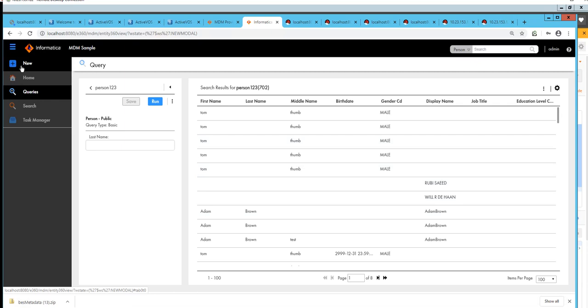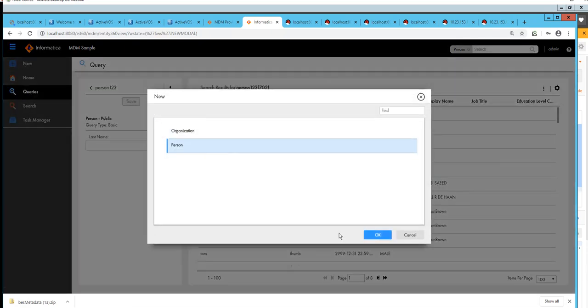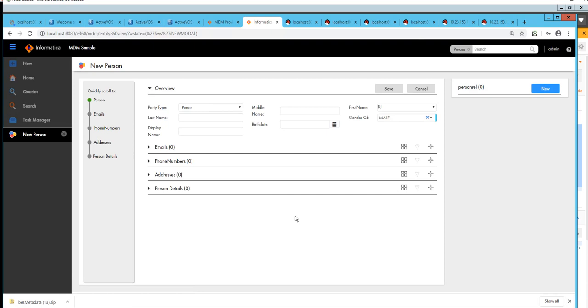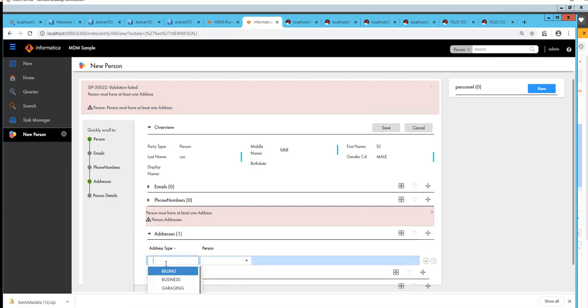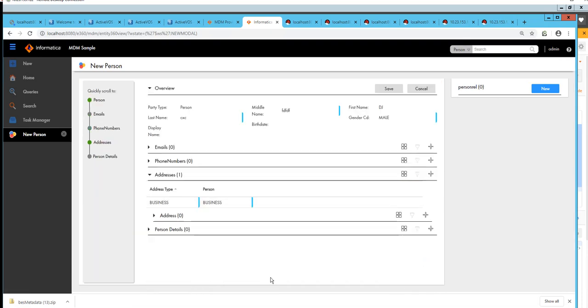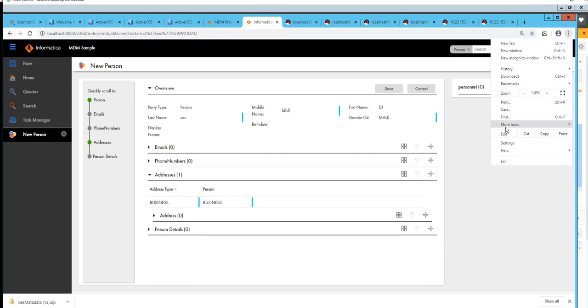Now I'd like to create one new record, and quickly show you some troubleshooting tips. So now you put some entries here and try to save it. It is failing because of the external call configuration that I have. It expects me to have an address along with the person information. I will go ahead and do that, but in the meantime, what I wanted to show you,